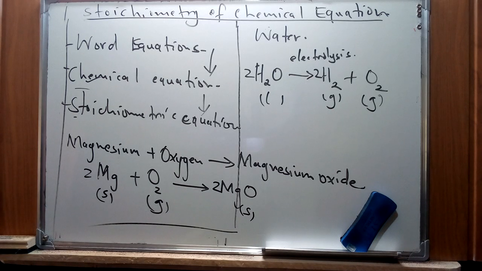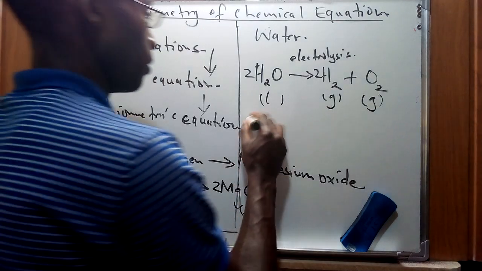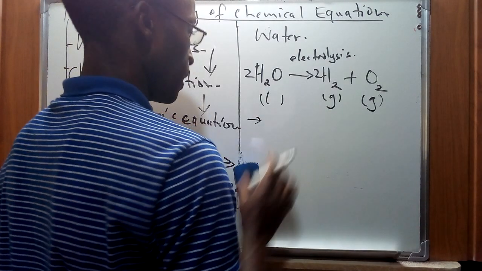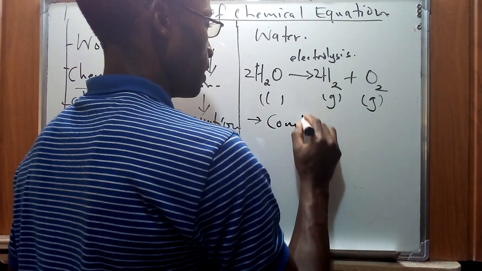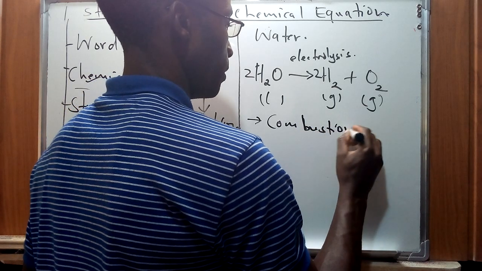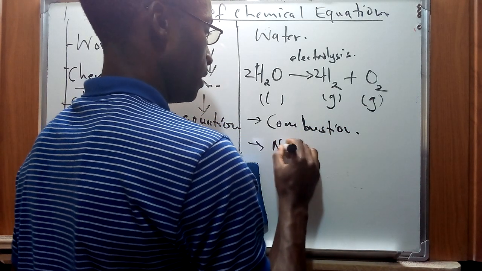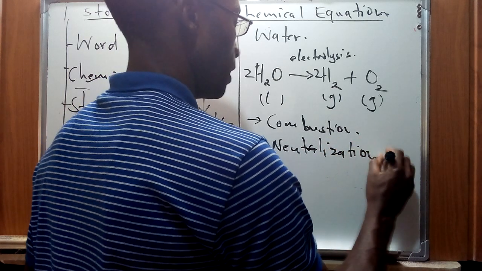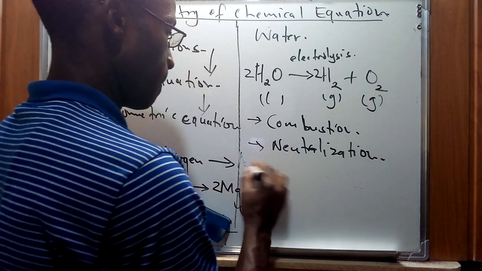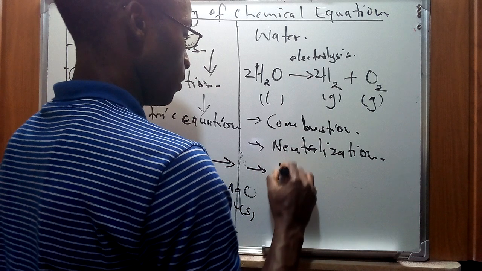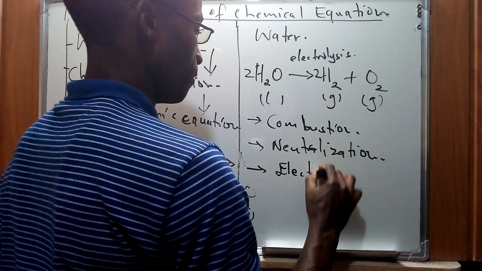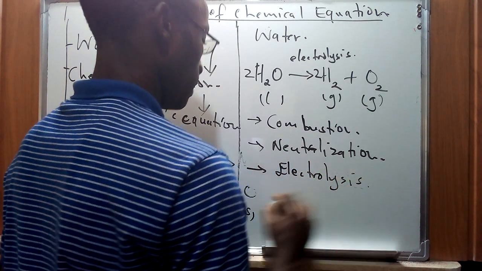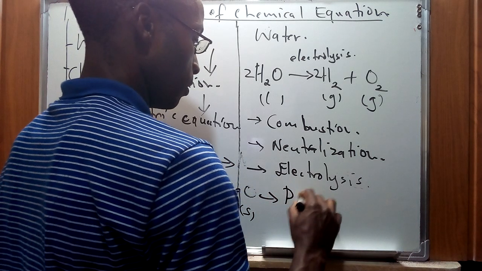Now this of course accompanies different reactions that we know. It can be combustion of a substance, especially the hydrocarbons that we talk about. It can be a neutralization reaction, which is an acid-base reaction, and maybe it can be an electrolysis reaction like the one that we have mentioned on the board. It can be even a dissociation,